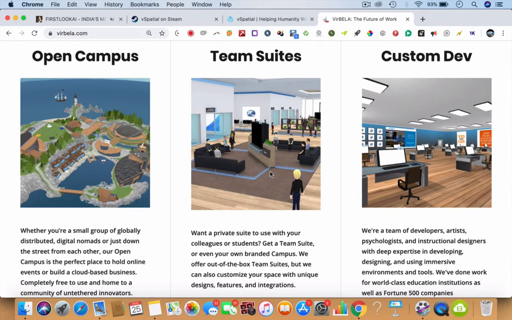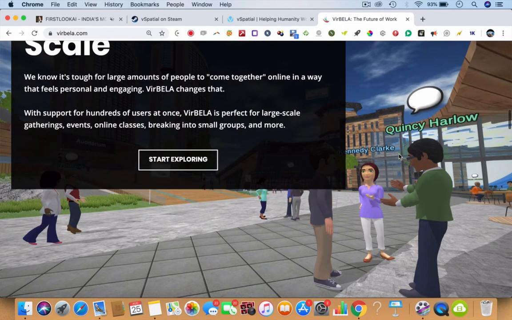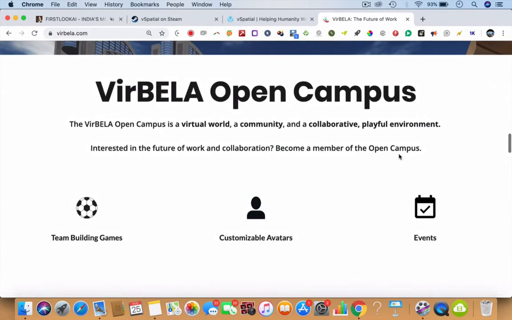Don't worry, these are not sweets that you eat in a sweet shop. These are suites that you actually go to and stay in your office, right? And you collaborate with people on these computers, which are like virtual computers, right? I've used Verbala to a great extent. They're the best in the world when it comes to creating open campuses.